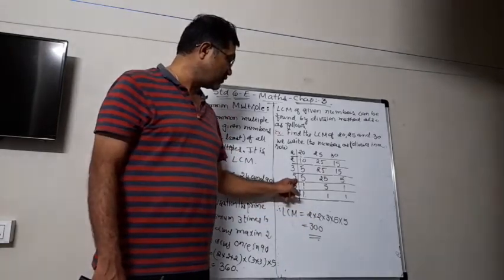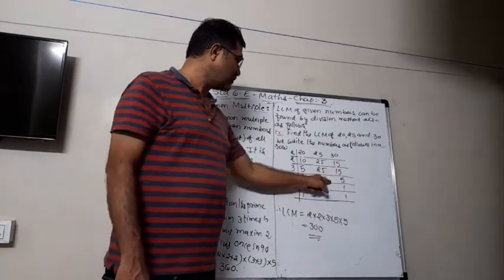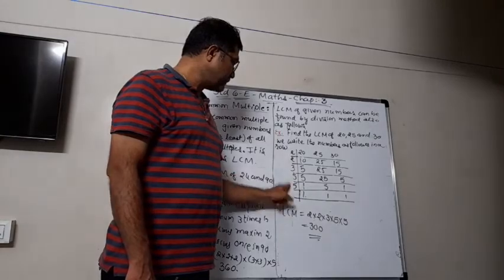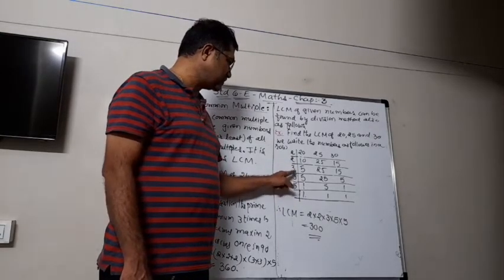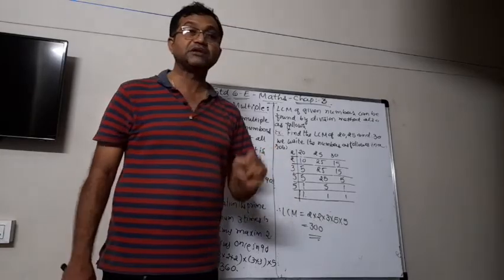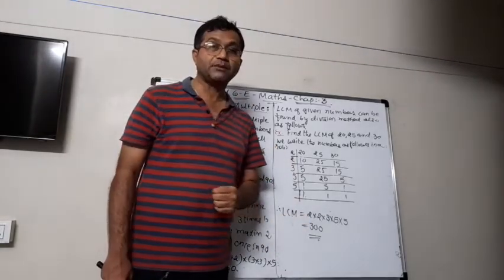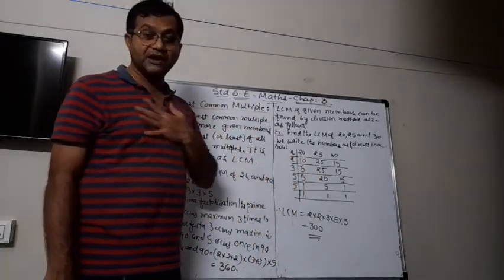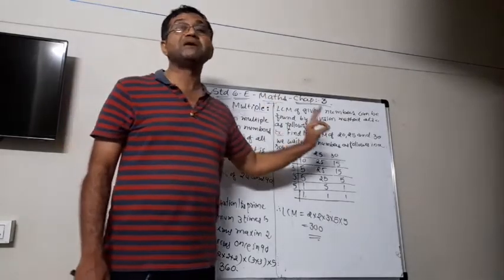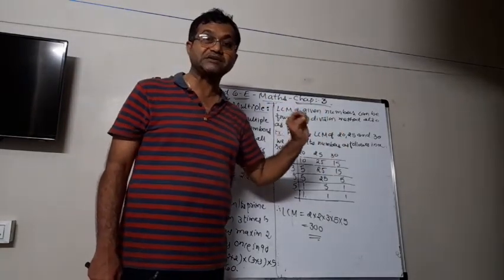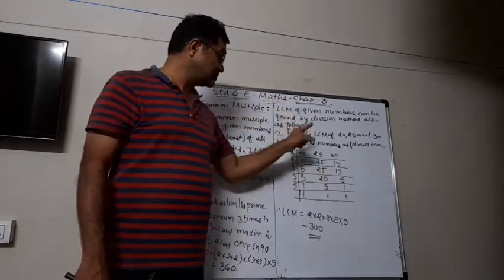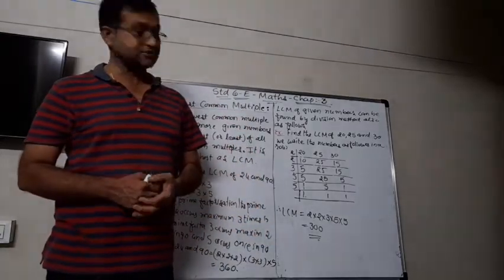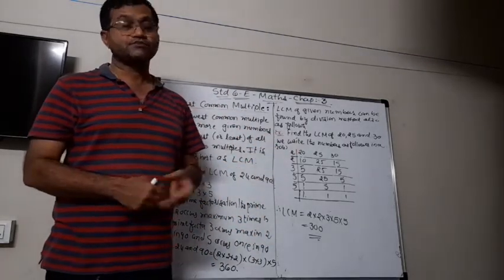And then again 5: all are divisible by 5, so we get 1, 5 and 1. There is still a 5, so again divide by 5. Then the multiplication is 2 multiplied by 2 multiplied by 3 multiplied by 5 multiplied by 5. That is the LCM of these numbers, and that is 300. As per my view, this is the best method to find the LCM. But just remember that those numbers which cannot be divided, you have to write down as they are. So here we are going to finish today's session.